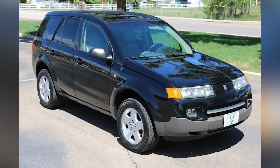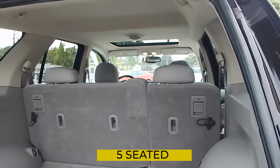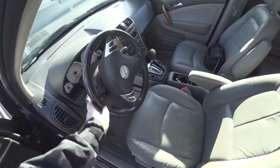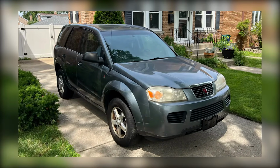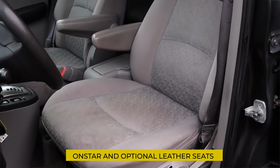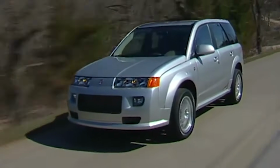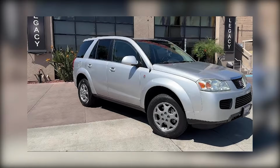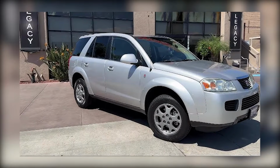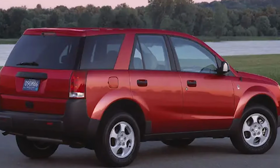Inside, the Vue was roomy for its class, seating 5 with reasonable cargo space. The cabin materials, however, were a letdown, with cheap plastics that scratched easily. Features like OnStar and optional leather seats gave it a modern edge, but the experience was overshadowed by constant trips to the mechanic. Fuel economy was middling at around 18 to 24 miles per gallon, which wasn't impressive compared to